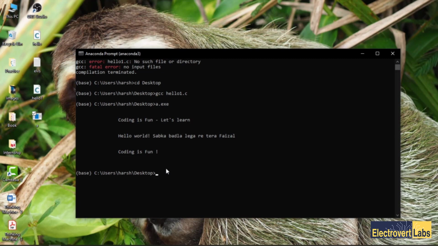Now there is another thing. I have written gcc hello1.c, and it has generated a file that is a.exe, an executable file.